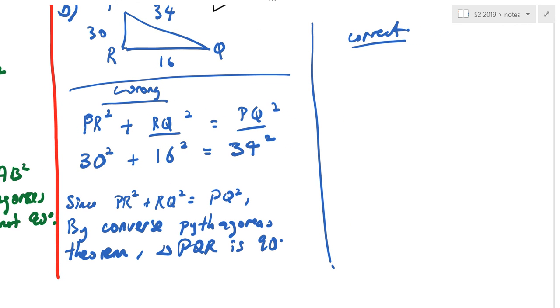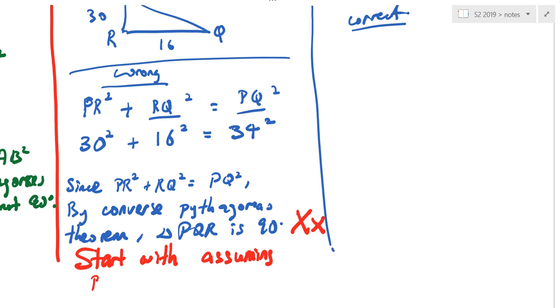Take out a red pen, mark wrong, and write down the reason why you're wrong. Because you start with assuming that PR square plus RQ square is equals to PQ square. You already assume. So that is why